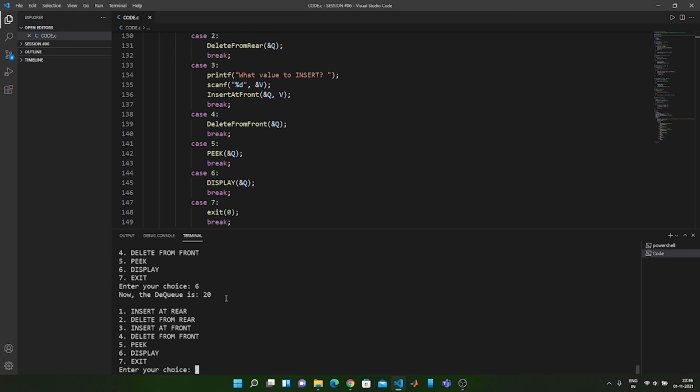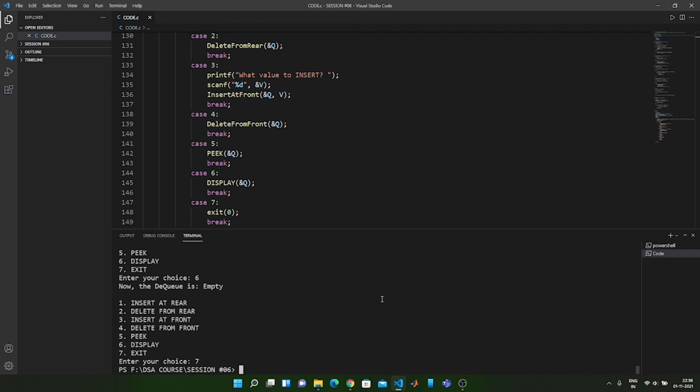So the DQ now is 20, and if I delete from the rear once again and display, then you can see that the DQ is empty because we had deleted all the elements one by one from it. Now let me exit.